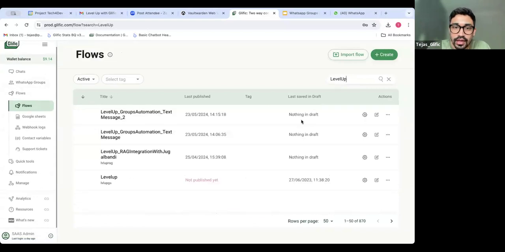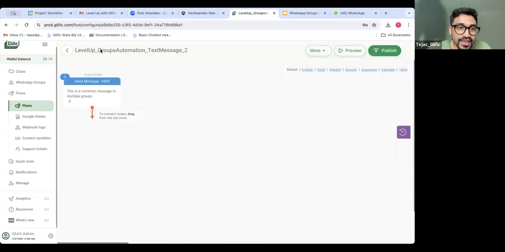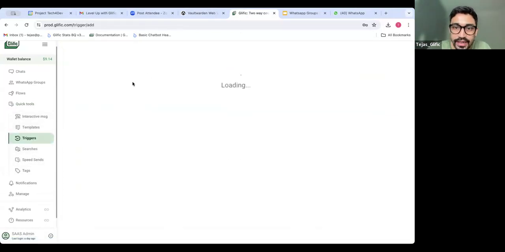अभी के लिए आप ये समझ लीजिए कि आप एक मैसेज डाल सकते हैं ग्रुप में, राइट. एंड ग्रुप का कुछ रिस्ट्रिक्शंस होता है. आप ग्रुप में बटन्स वाले मैसेज नहीं डाल सकते। आप ग्रुप में जब कॉन्वर्जेशन हो रहा है, जैसे एक मैसेज आया, फिर उसका रिस्पॉन्स आपने वेट किया, फिर दूसरा मैसेज आया, तो वैसा नहीं हो सकता। फिलहाल के लिए ग्रुप को शेड्यूल करने के लिए हम सिर्फ एक मैसेज कर सकते हैं। तो आपको सिर्फ एक ऐसा फ्लो बनाना रहेगा जिसमें कि एक मैसेज का नोड है बस। तो आपने ये बना लिया, ये पब्लिश किया, और अब मैं इस मैसेज को शेड्यूल कर सकता हूँ ट्रिगर्स यूज करके। तो मैं ट्रिगर्स में गया, मैंने क्रिएट किया।